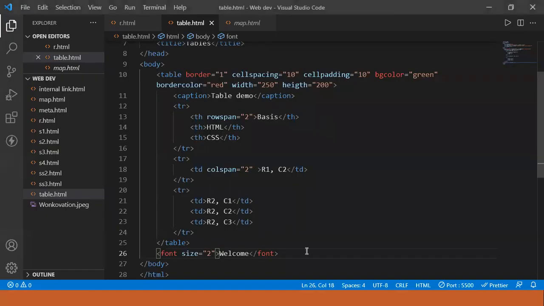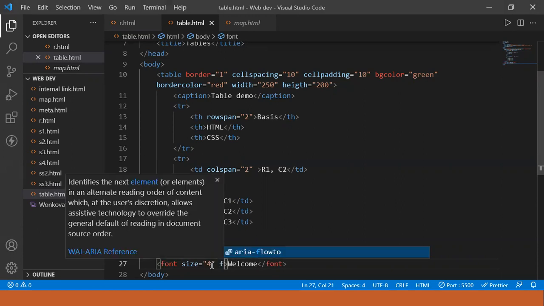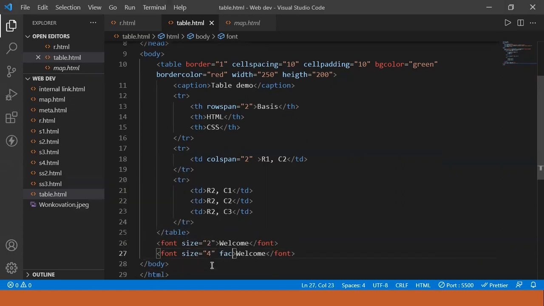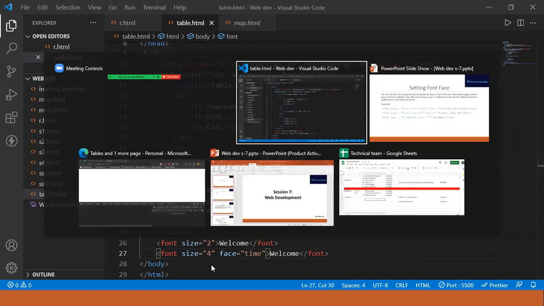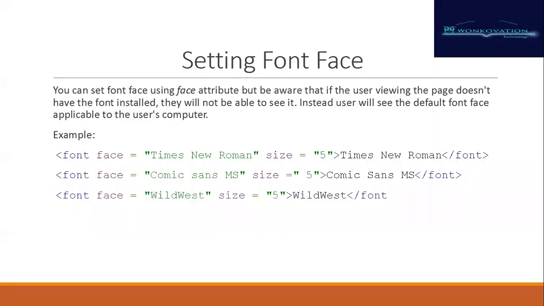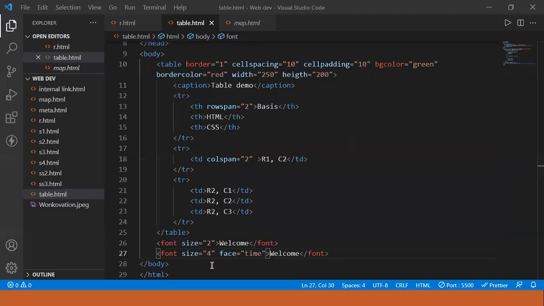So how are you going to write it? We are going to write similarly to this. Let's say I'm going to change the font size, and now I'm going to say face equals to Times New Roman.